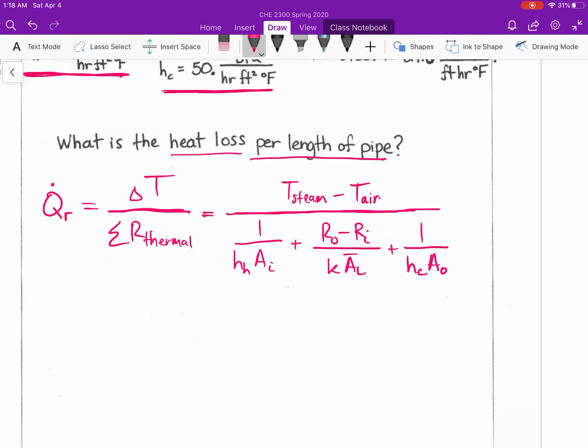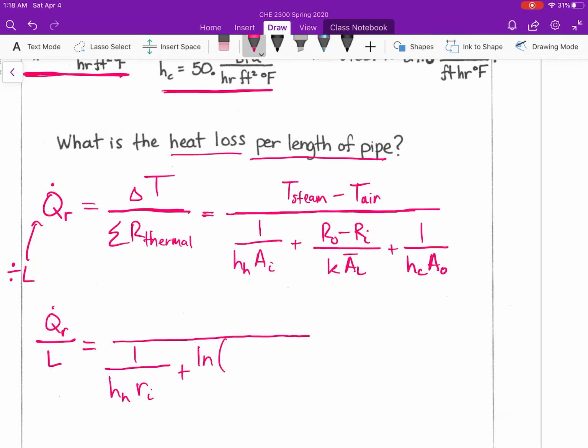So what we're going to do is take our equation here, and divide it by the length of our pipe. And when we do that,